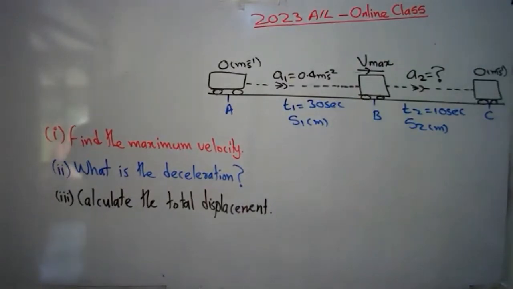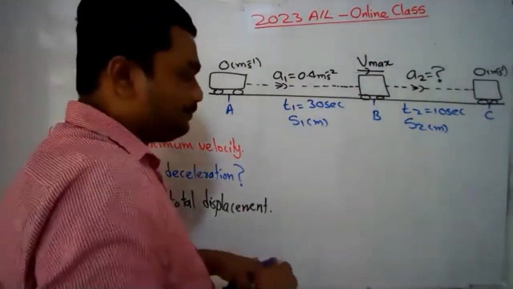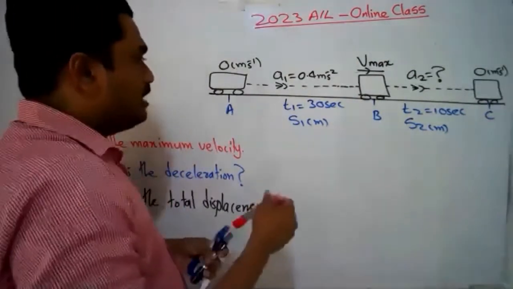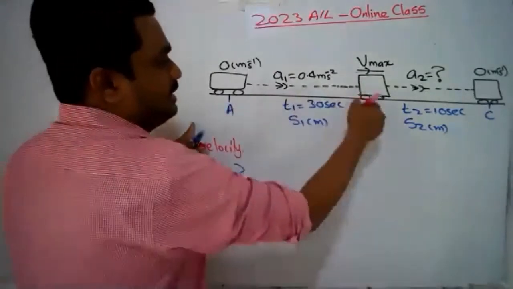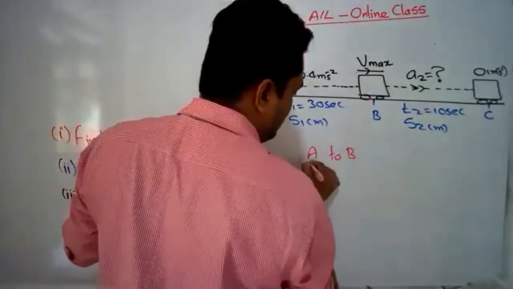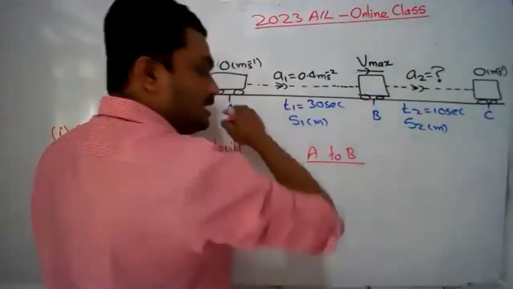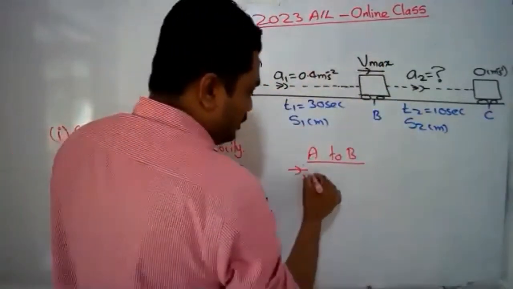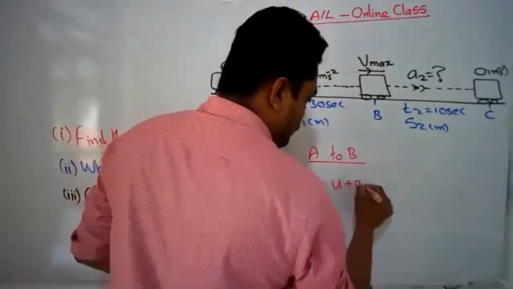The next thing is, look at the board carefully. I'm going to consider the AB section. So the A to B section is considered, and in this moving direction, I apply the equation V equals U plus